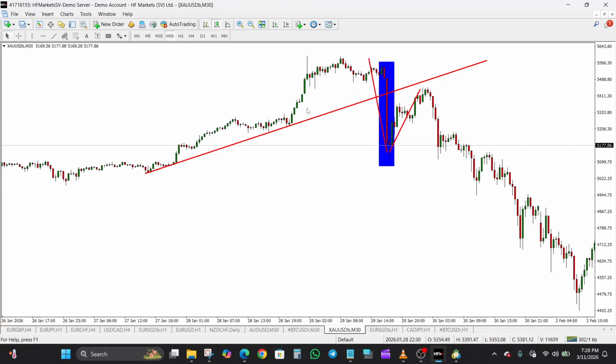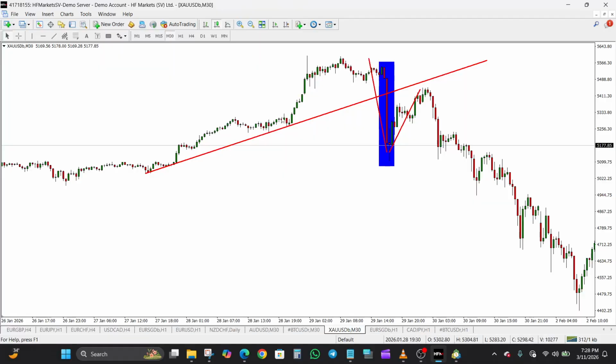And then suddenly there was a breakout from this bullish trend line, and you can see the significant drop. This singular candle wiped out hours upon hours of sluggish upward movement, right? Just this particular 30 minutes candle wiped out a lot of hours of